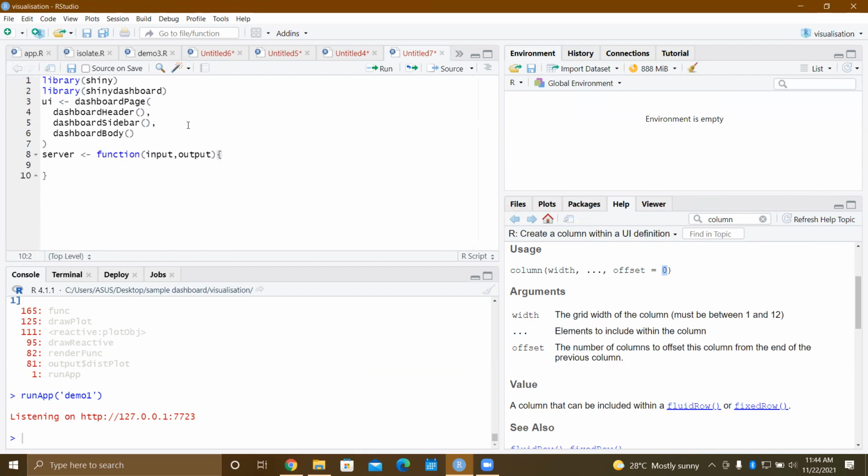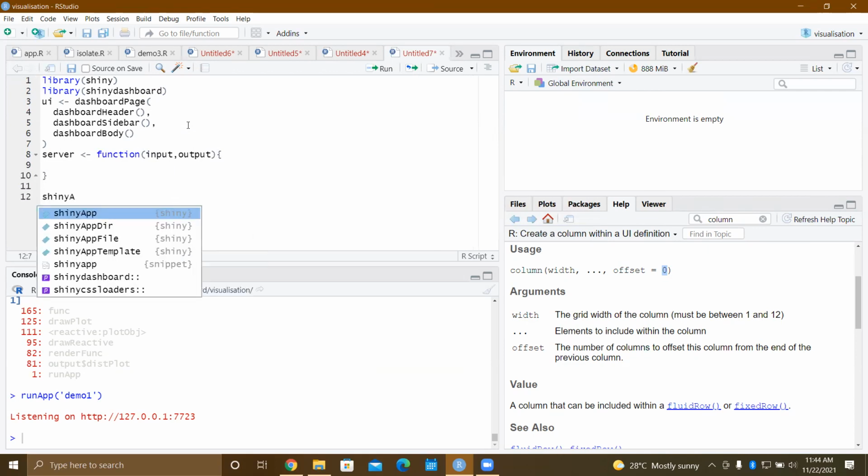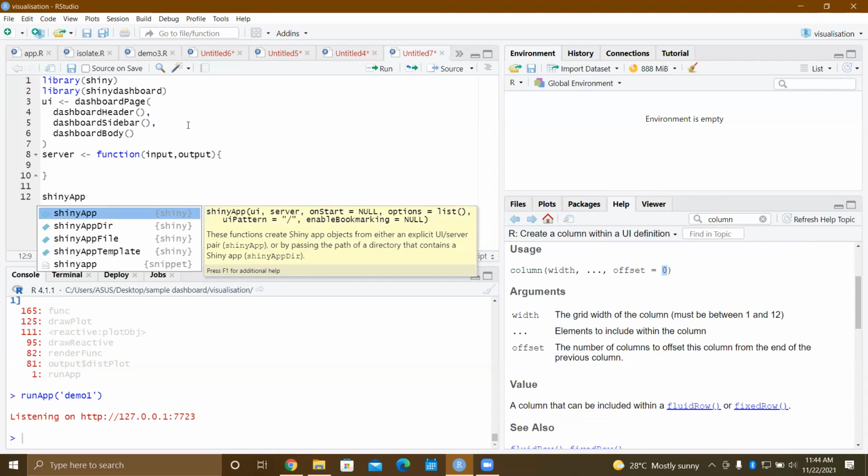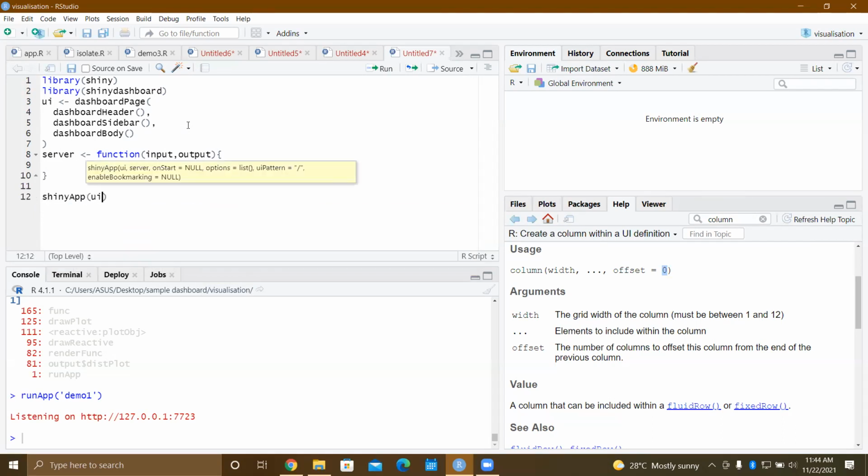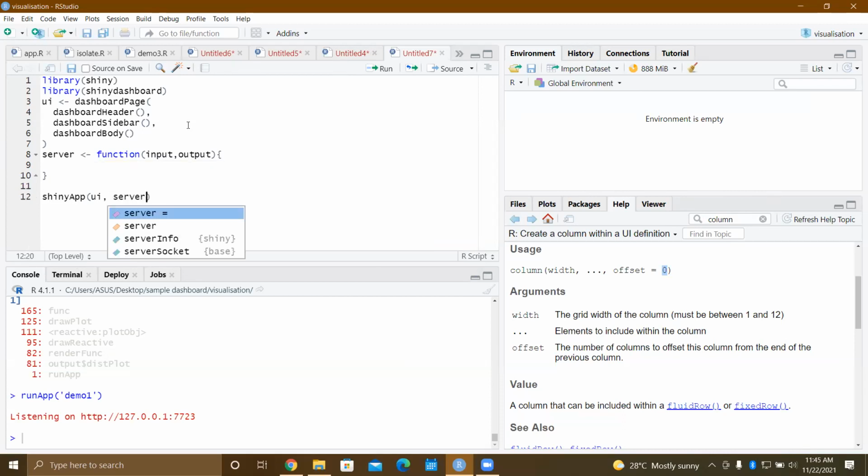There is another thing called session which you can add in the server function, but you don't need it right now. That is required when you need to show an error message or loading time, to show that it will take a few minutes to load or something like this. So those are not important right now.